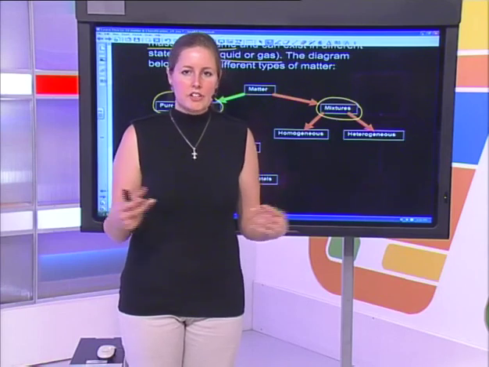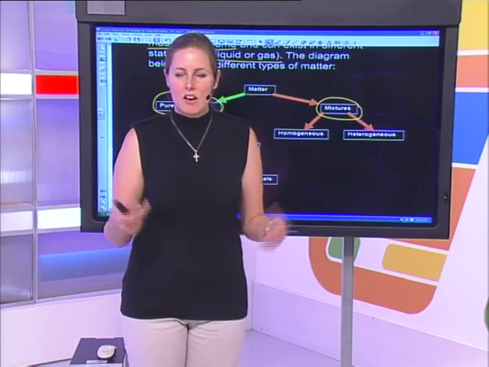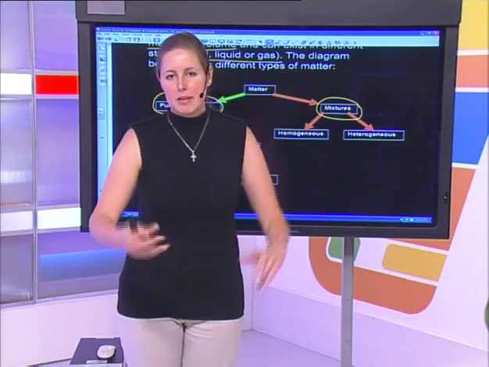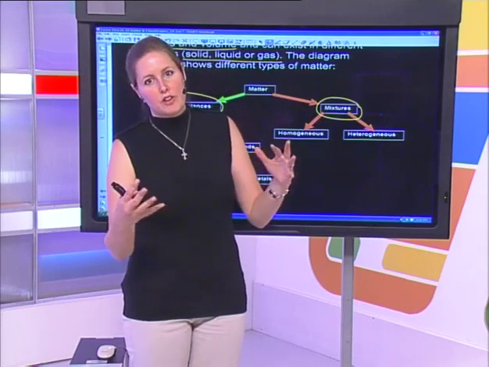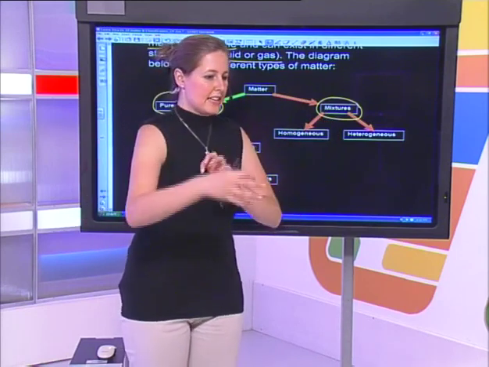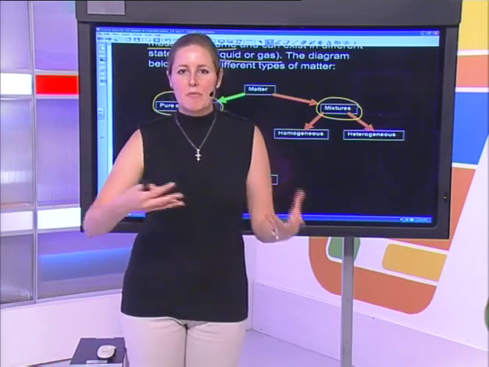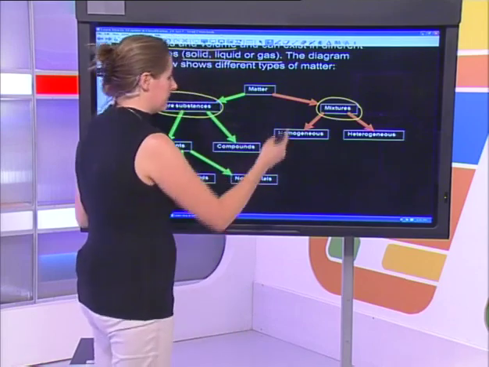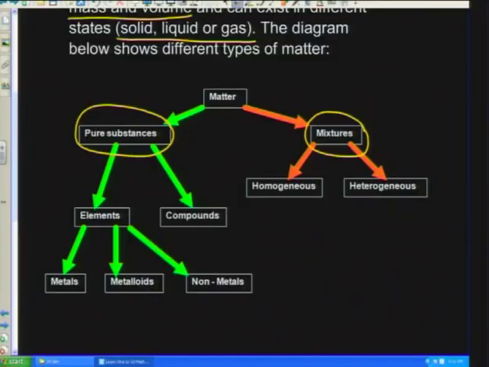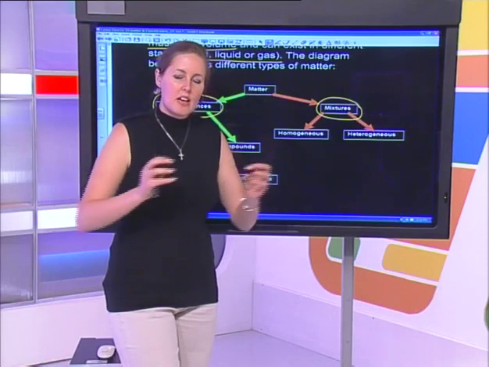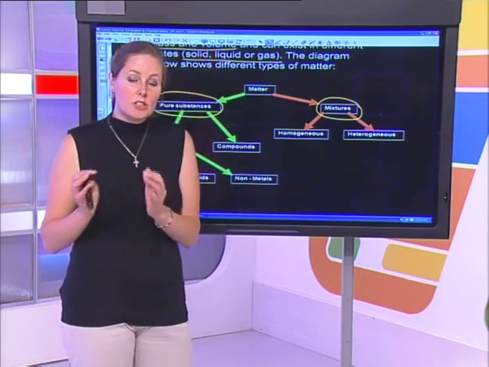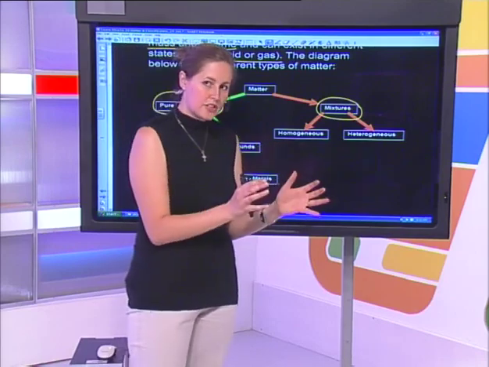No ratio. Imagine you're making a cake or you are cooking some supper and you've got a stew going, and you're putting in some meat and some vegetables and some water and some stock, and you've got something going. Nice, yummy supper. The mixture would be everything that's happening inside that pot. Now, we can further separate or classify mixtures into those that are homogeneous and those that are heterogeneous.